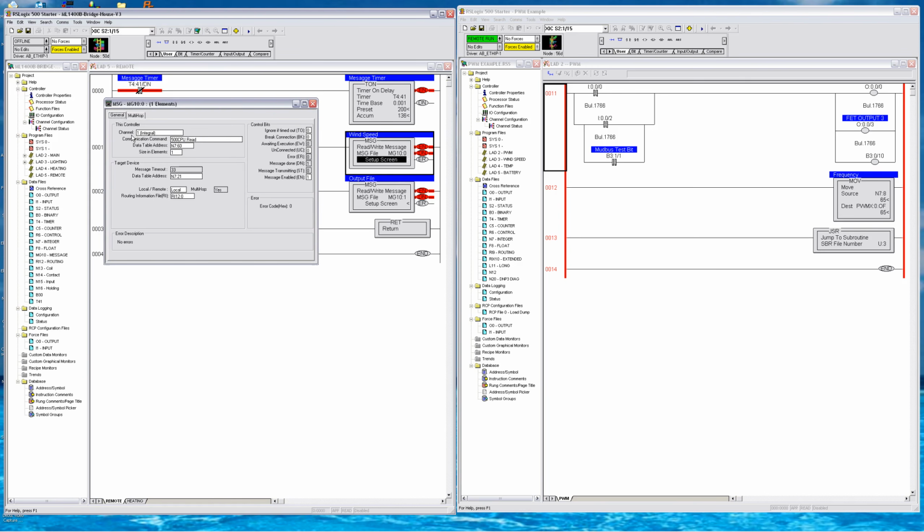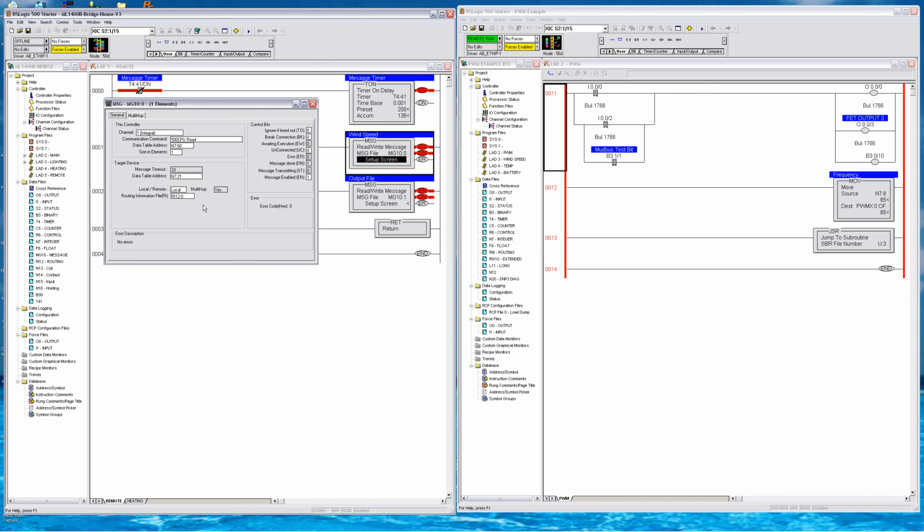This controller says I want to read a data file. In this case I'm putting this integer into N760, only because I've used all the others in the rest of this program. It's just one element, that's all I want to look at in this case, and the target device is the remote